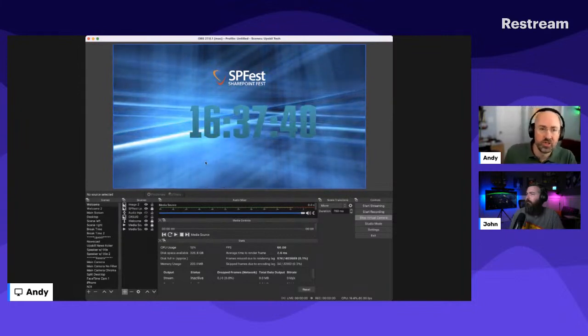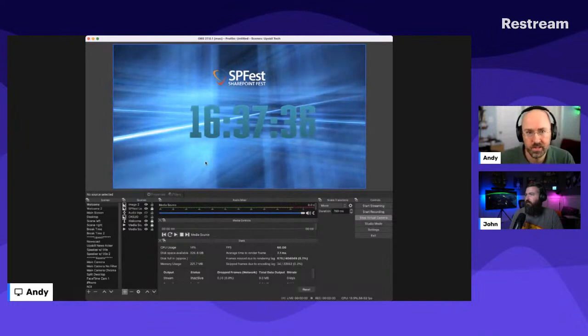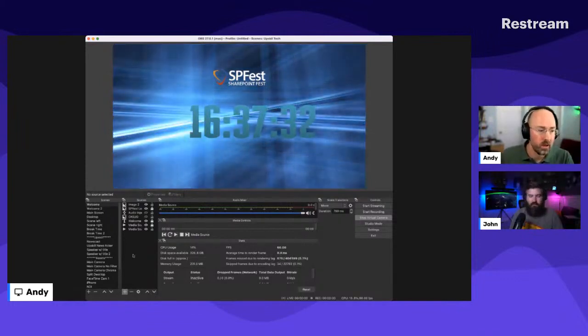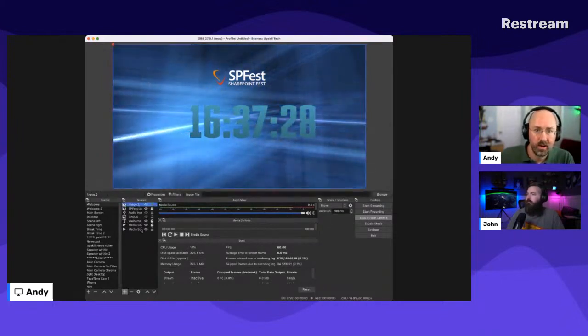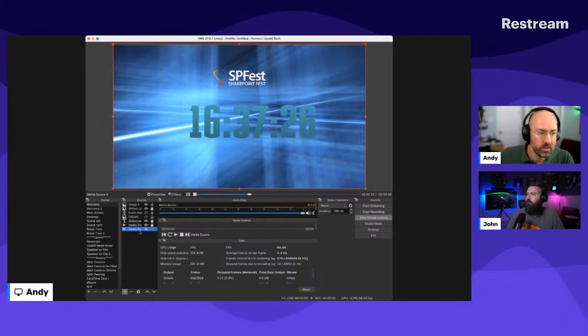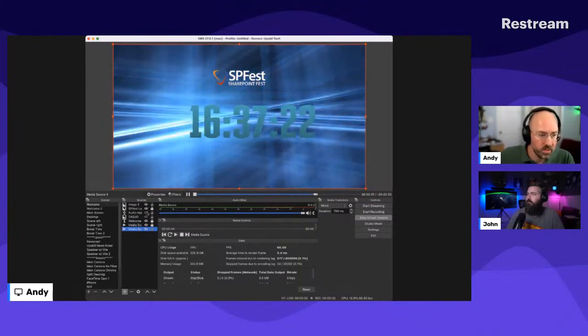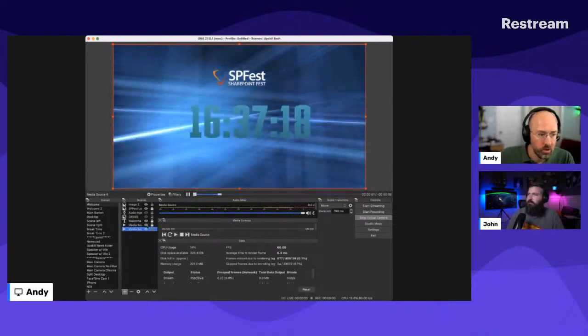So you can see I just dropped in what's called a media source. In this case, it's just an animated GIF, a small little file that plays, and I just moved it to the back. So there's layering. In the sources section, you have the top layer, and then you have your background layers. How you layer things actually matters. Inside of here, you can turn the visibility of things on or off, depending on what you want to see.